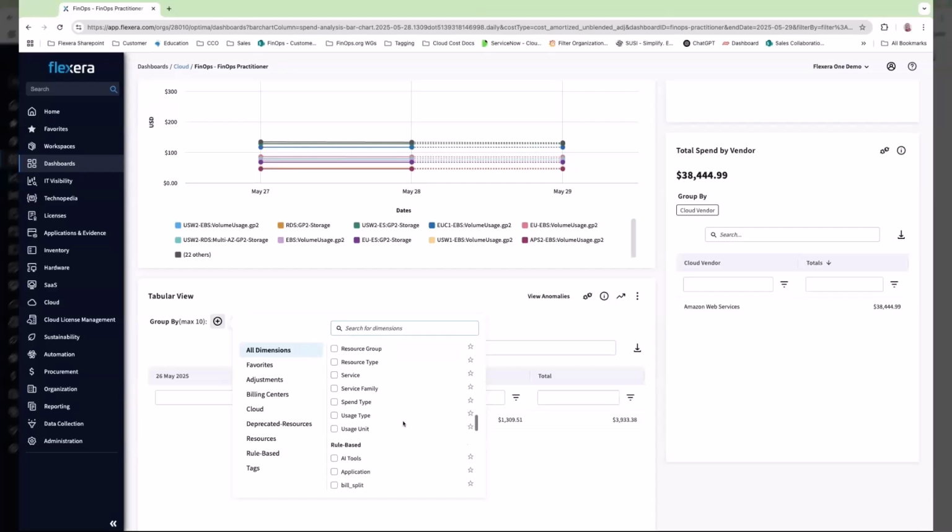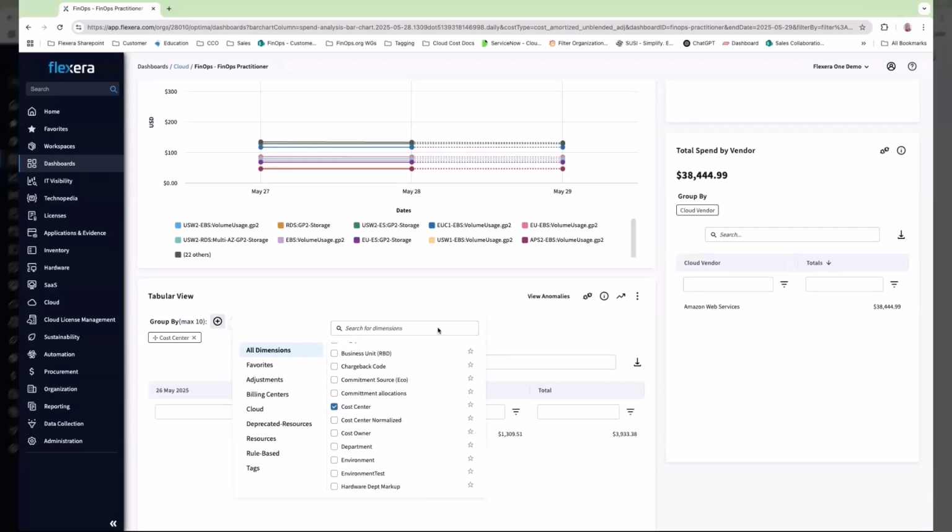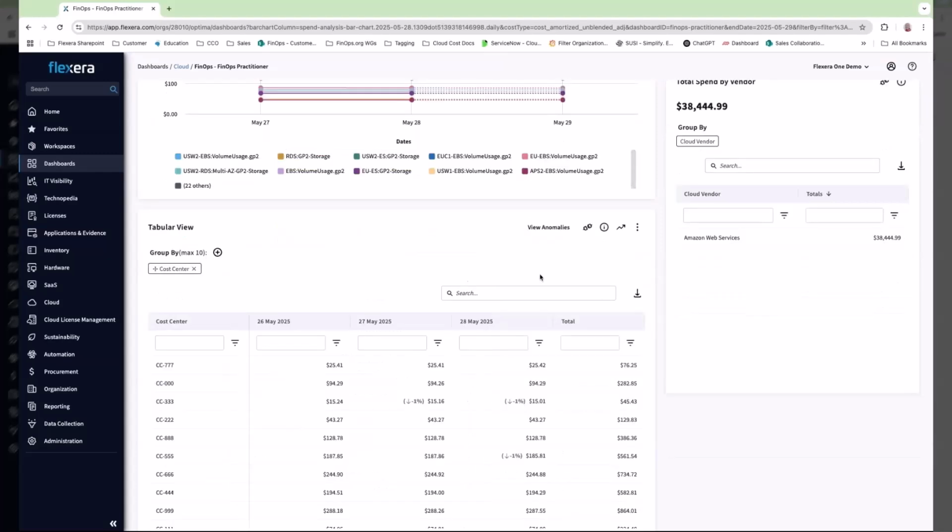Perhaps we want to look at a rule-based dimension such as cost center, and then we can start to see the costs broken down, in this case, all of the storage costs by cost center. And this is the point as well that you can view anomalies. If we had any significant anomalies and we don't really have a long enough period of time to show that, click this button and it will open up a window which will show any anomalies that the system has detected